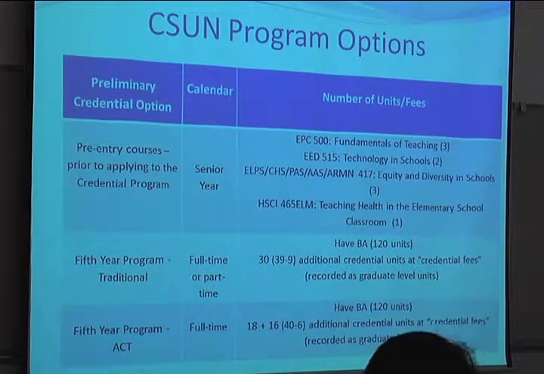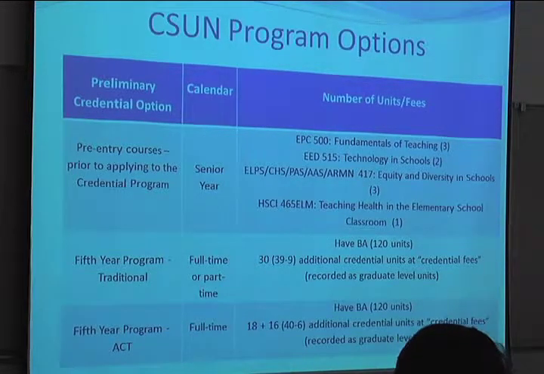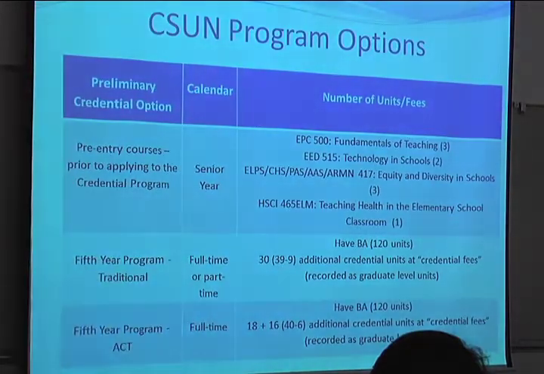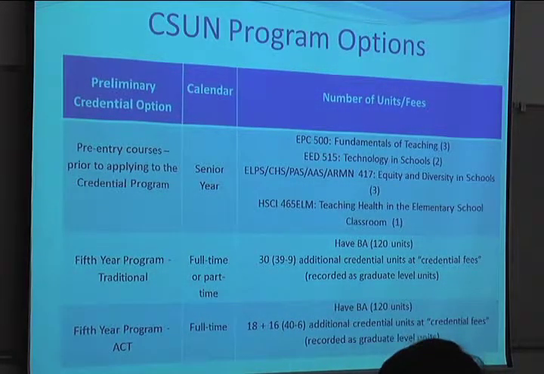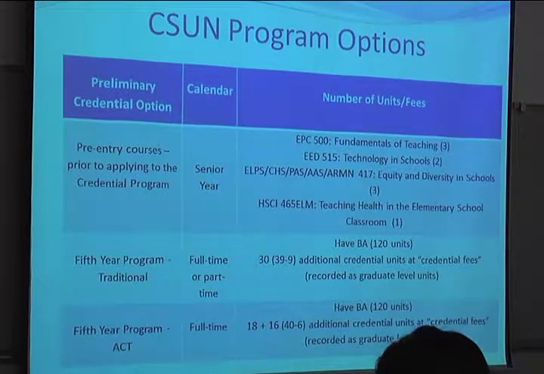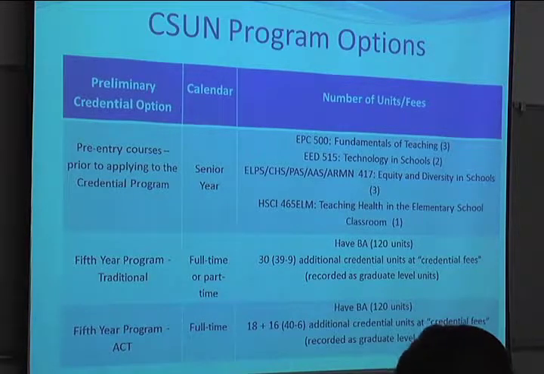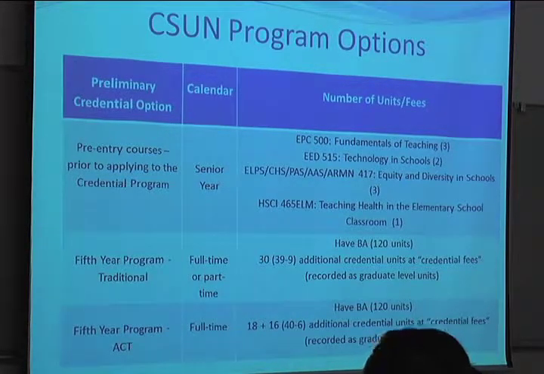The 5th-year program is something that you need to apply to, and it's an extra year, year and a half, or 2 years after you get your BA. So if you take some of the classes, those 4 classes ahead of time, it'll probably take you 3 or 4 semesters to finish. And the brochure, if you open up the page here, the insert page, this gives you a schedule of taking credential classes over 3 semesters, and which classes you should take, and then over 4 semesters.